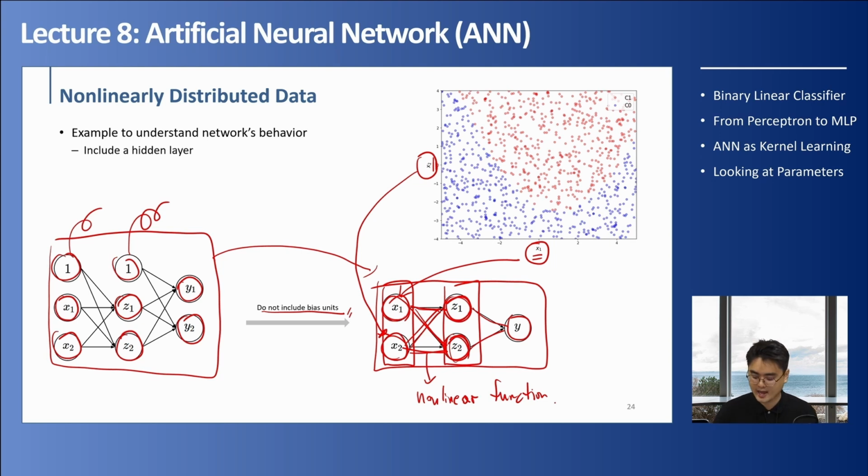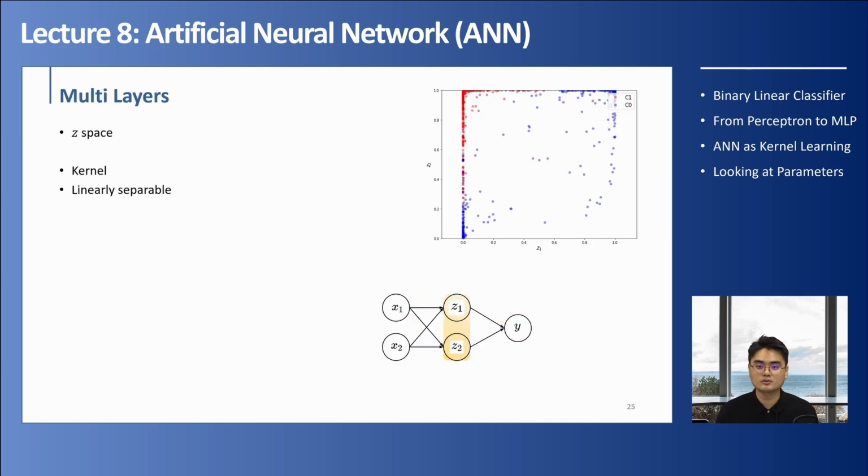And let's see what happens inside z1 and z2. If we visualize z1 and z2, for example, of this one, we can see that here the red dots and blue dots seem to be linearly separable. For example, if we draw one line like this one,